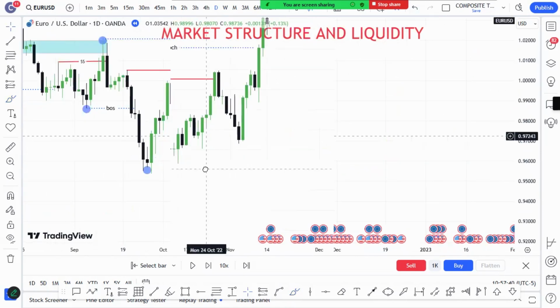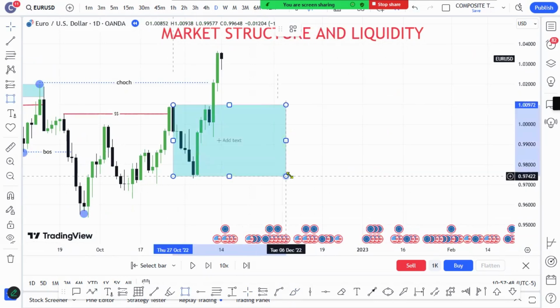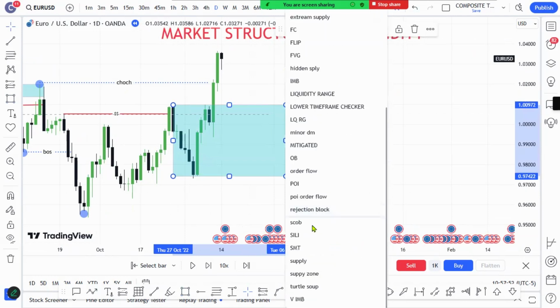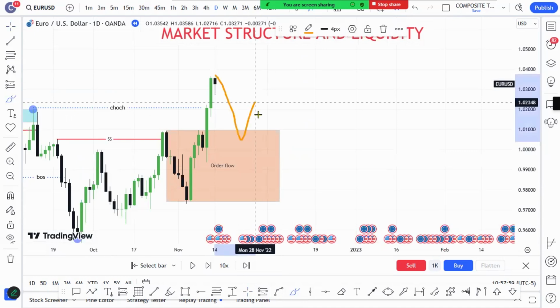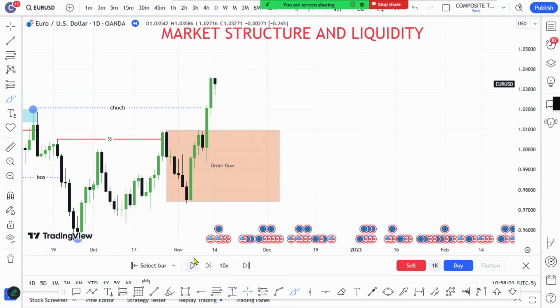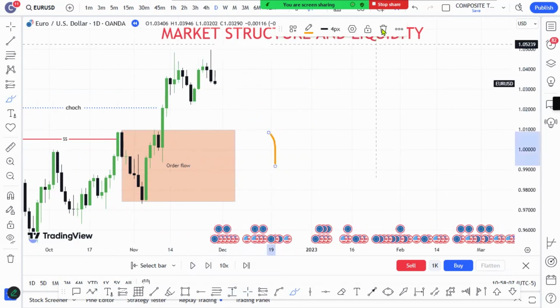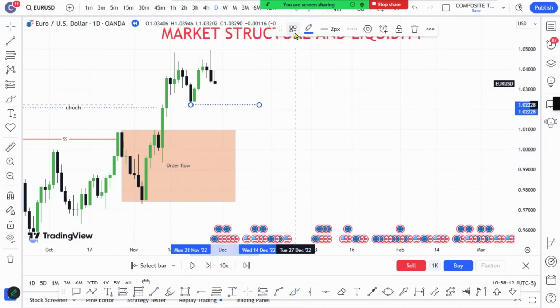But as for now, what I'm seeing here is mitigation of the order flow, and another order flow is here. Here's another order flow. But the price might just mitigate. For example, if you fail to see an inducement, then you're likely to see the market coming here and a push to the upside. So let's see what is here. Okay, we failed to come even to the downside, and we have our first liquidity zone that has to be taken out.